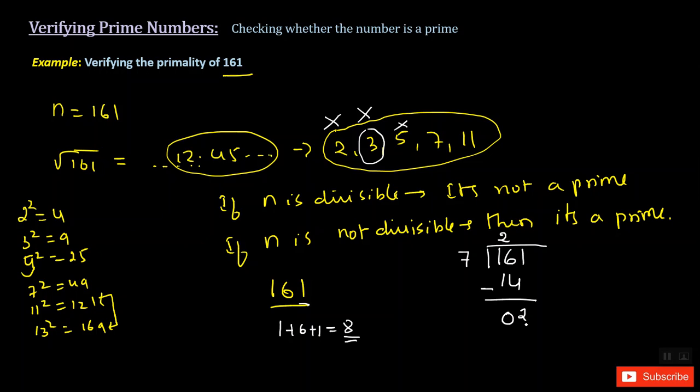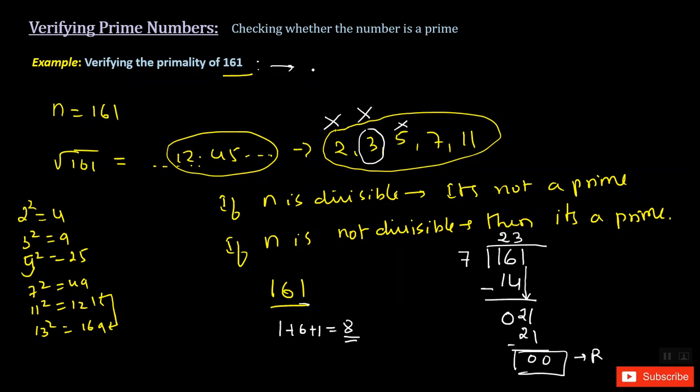Then this number is smaller than 7 again. So now you can take the number which is left and carry it forward. So 21. So 7 times 3 gives us 21, minus 21 is 0. Look at the number here, 161 is completely divided by 7. Divided meaning it is giving the remainder as 0, right? So that's why we say